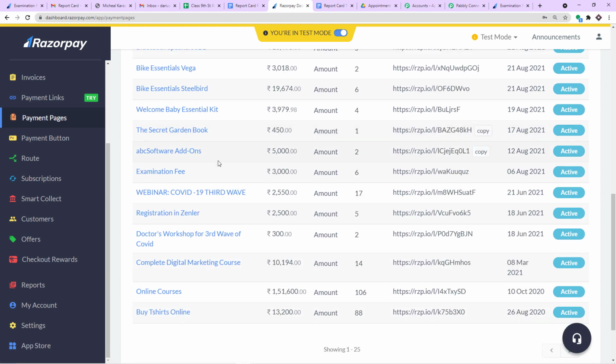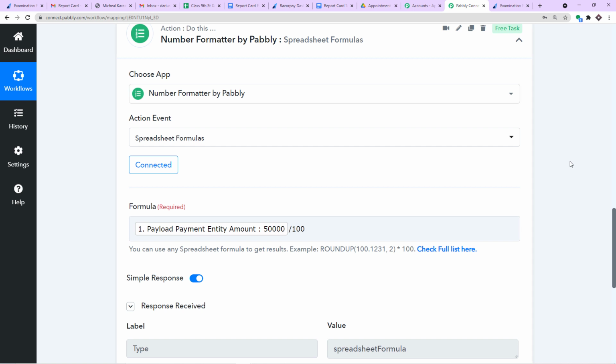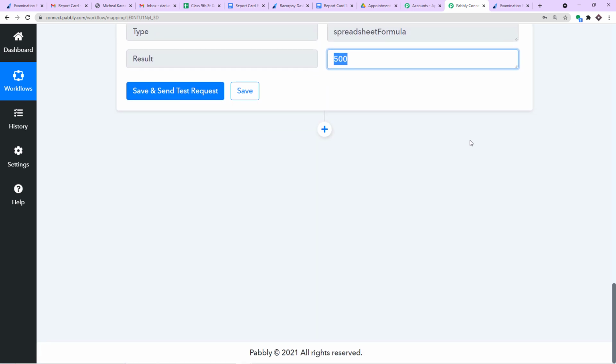That will be wrong because we want to send the report card only when the payment was made of 500 rupees. So I'm going to make sure we have a filter. The filter will allow only those cases to the next level where the payment was made only of 500 rupees. If it's 100 rupees, it won't allow. If it's 600 rupees, it won't allow. Heck yeah, if it is 1 crore rupees, it won't allow. It doesn't matter how much the money is. If it's only 500 rupees, the person will be getting the report card.